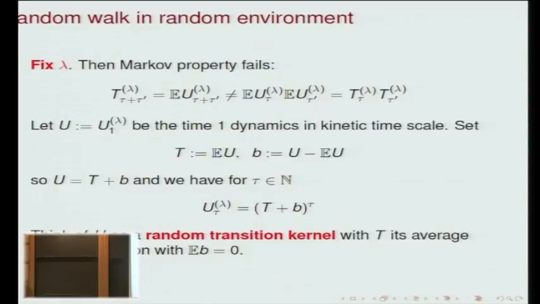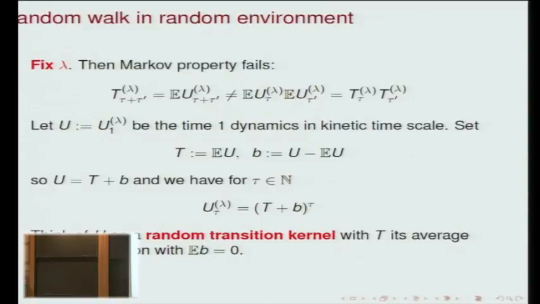Okay, so that way I can write the unitary evolution as this sort of diffusive evolution plus correction. The correction is just the correction. And to understand the long time limit of the original problem is the same thing as to understand the long time limit of this U, namely the long time limit of this T plus B. So I just want to take the τ-th power of this guy and look at what happens to it as